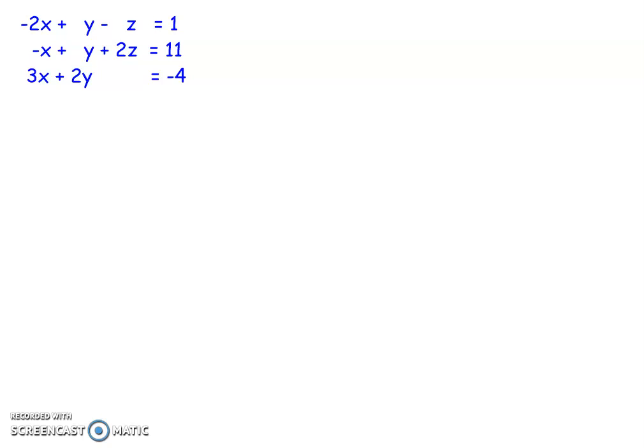Second question I asked you to solve was this one. Now, what I'm going to do before I even start is swap these two equations in my system of linear equations around. The reason being, the coefficient of the x on this row will then be negative 1, but it will have a size of 1. So what I'm able to do is take that and scale it up to match each of these with a simple multiply 2, multiply 3,